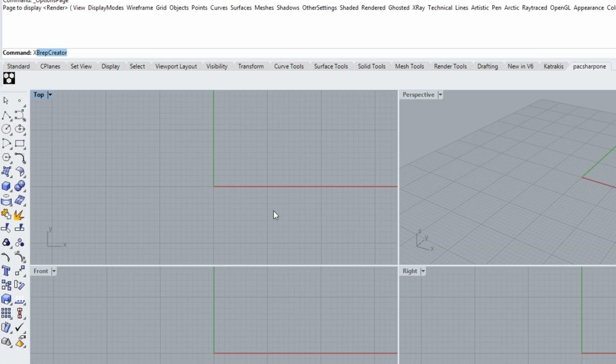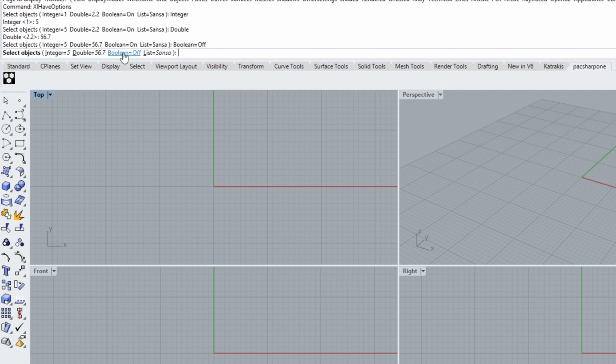So if I write X, I have options, you will see that I have these options that we talked about. If I press on integer, the user will be able to set a new integer and you will see its value here. If I press a double, the user will be able to set a new double, and for the boolean, you can toggle it between on and off. And if we press this option,